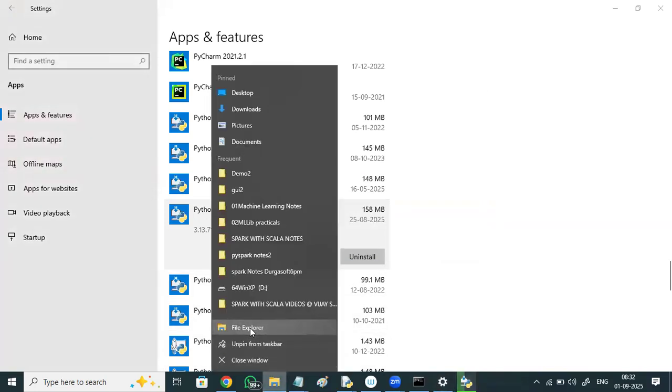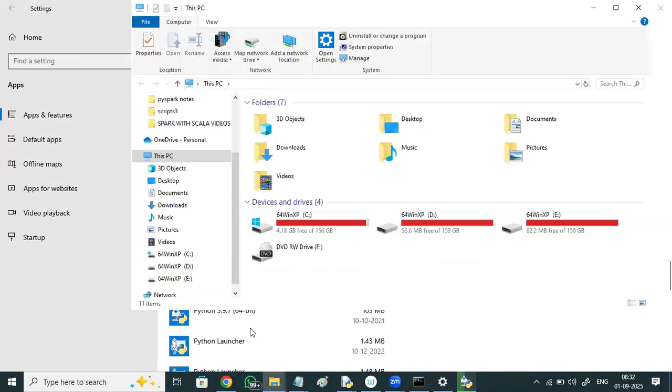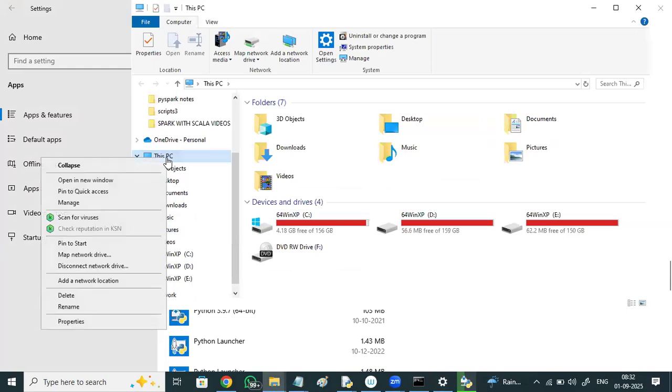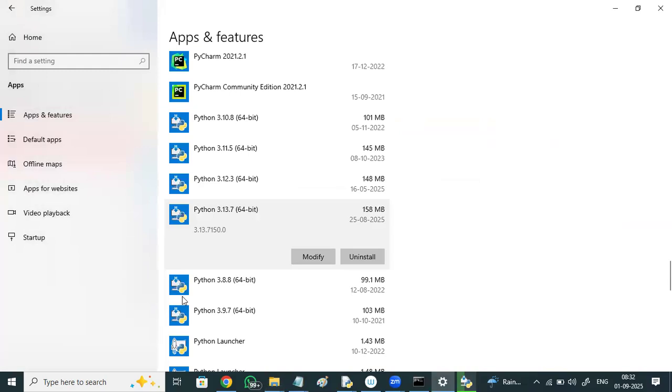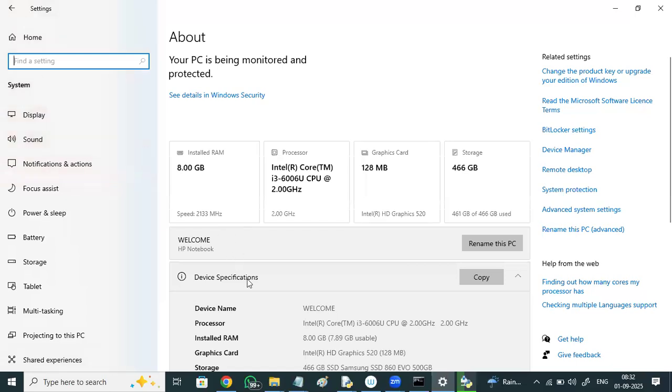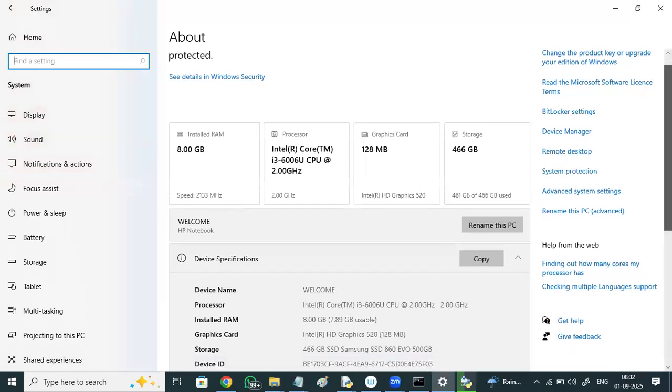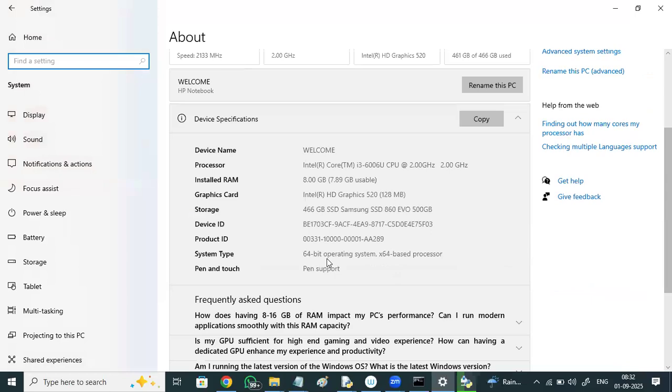Open File Explorer. Now, can you see This PC? Right click and say Properties. You can see it clearly says 64-bit operating system, whether it is 32-bit or 64-bit.